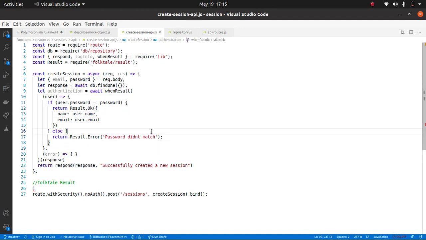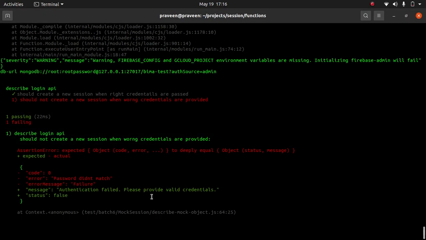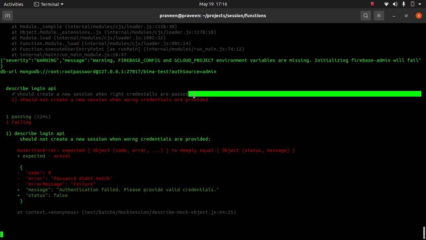So now I have this authentication result, and I pass this authentication result to this here. Initially I was passing the response over there. Now I have done a few things and written the proper thing back, and that is there in the authentication result, and that authentication result is what I am responding here. So now let's look at what happened. The first test case passed, right?